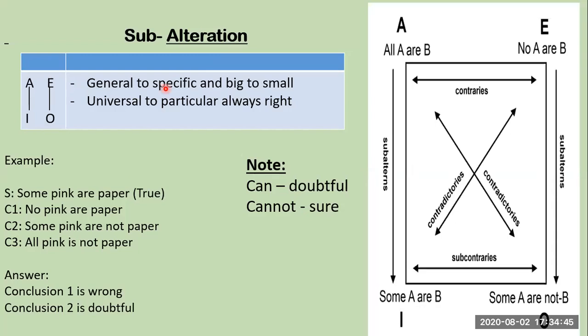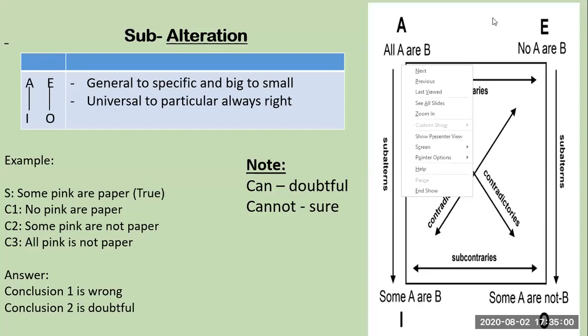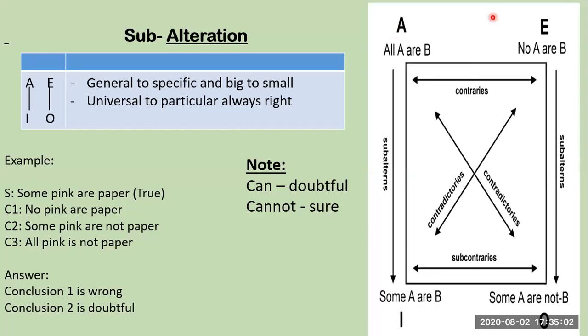To my knowledge, two or three times I've asked a question related to this. As I already told, this is called general. General means which is applicable to all. So all is general, and it moves to specific, some. I think you are familiar with inductive and deductive reasoning. Which reasoning is called general to specific? Can anyone drop a message in the chat box? If you have attended my previous lecture, you should be able to tell this. Very good. Deductive.